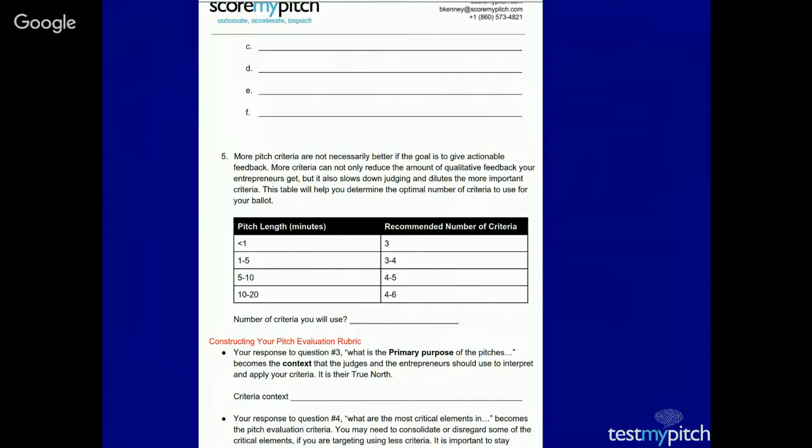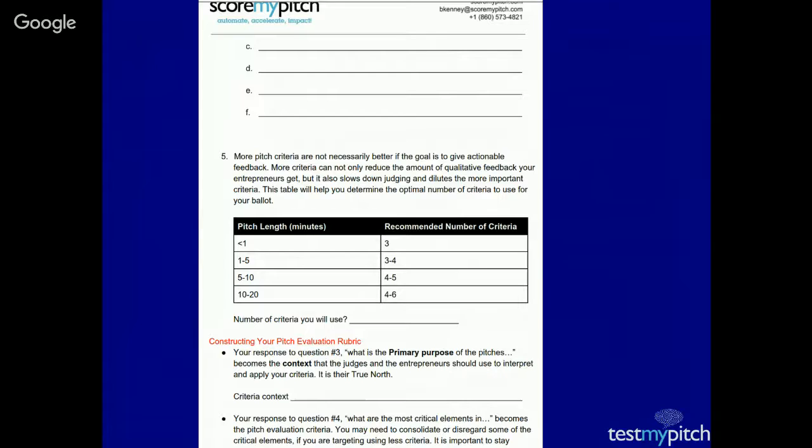You may use this little grid that we've created. If the pitches are a minute or less, then you may not want to have more than 3 criteria. If it's 1 to 5 minutes, then maybe 3 to 4 criteria, and then 5 to 10, and so on.